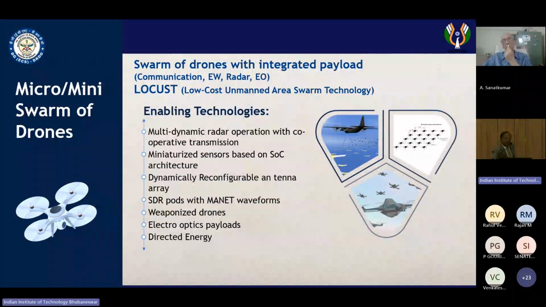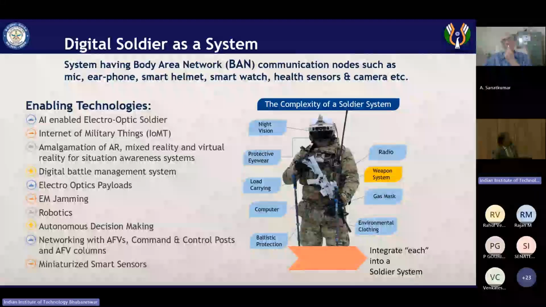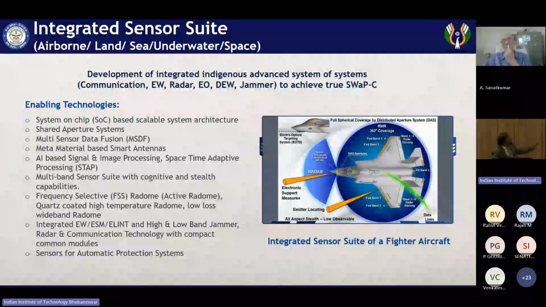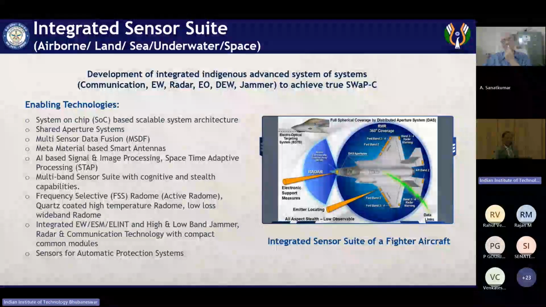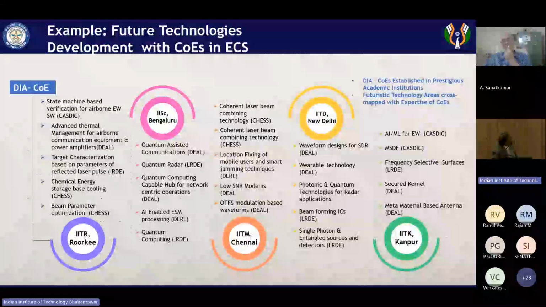I'm triggering the young mind here, you have to think: how do you come out of such attacks? This is the digital soldier. I have explained to you already. This is going to be the futuristic warfare systems. Fighter aircrafts with an integrated sensor suite, whether it's AESA radar, EW systems, infrared search and track systems, missile approach warning systems, software defined radio. These are all going to be the ornaments for the fighter aircrafts, which are going to be its assets to make it devastating in the sky.